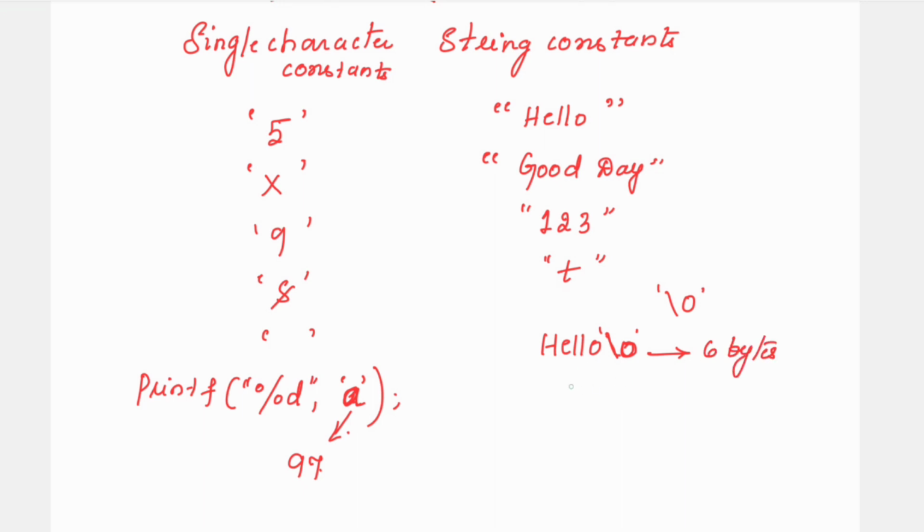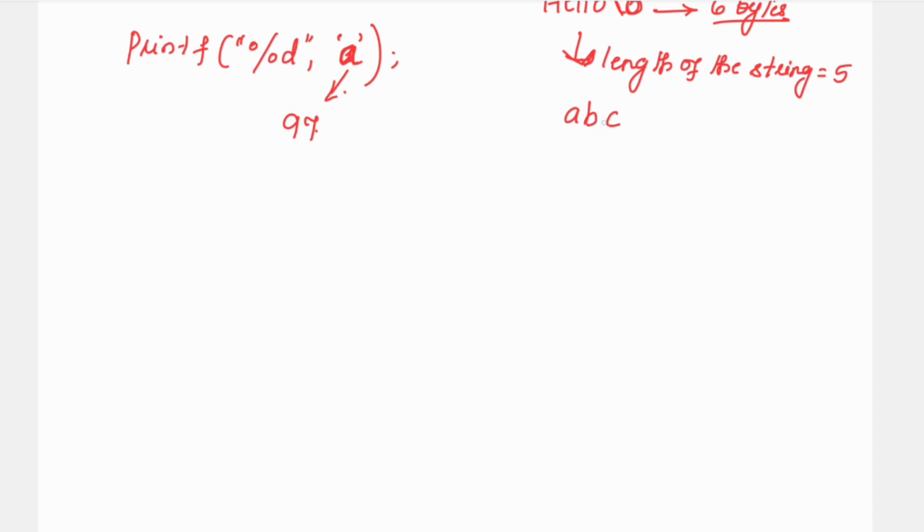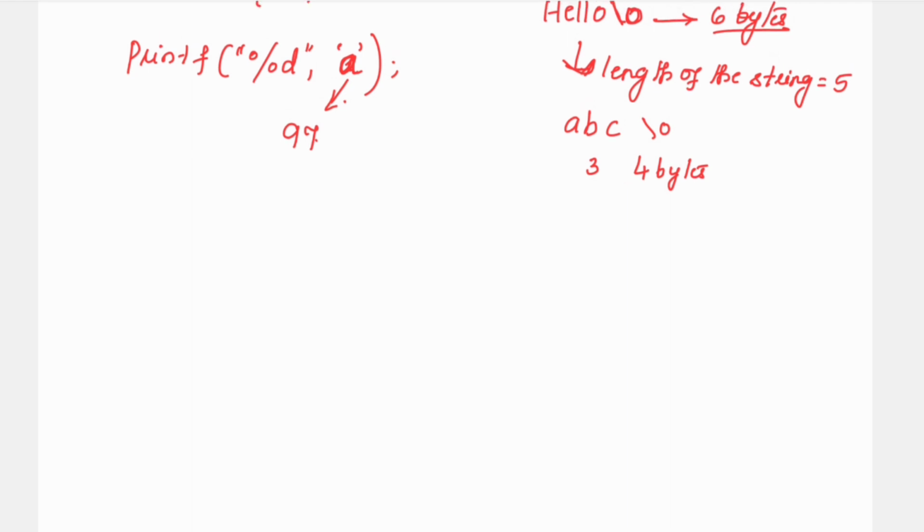Though you can see that the length of the string is what? The length of the string is 5. When you want to determine the length of the string, it becomes only 5. Whereas it is taking 6 bytes in the memory. That is because by default every string constant will get terminated with a null character. You have a string constant ABC. The length of the string is how much? 3. Whereas how many bytes does it occupy in the memory? 4 bytes. The reason is what? The reason is 3 bytes are for these 3 letters plus 1 byte is for the null character. So this is how you have to remember that for the string constant, always the string constant gets terminated with